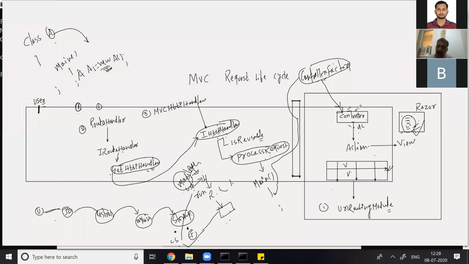This could be possible when you customize the MVC handler. If I customize the route handler and MVC handler in such a way that this request should not unwantedly trigger the controller just for messaging. But this is a very expensive part.